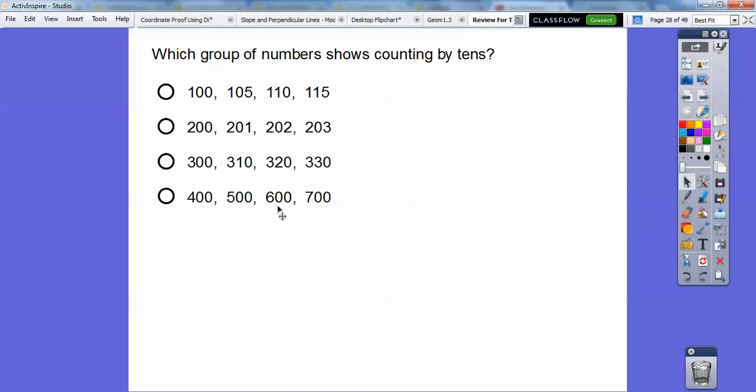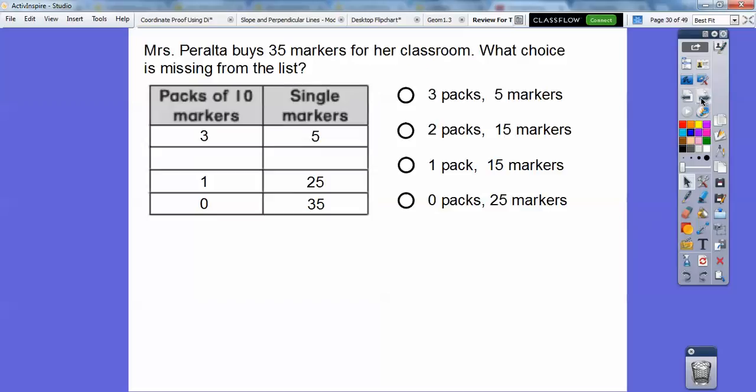This one's increasing by hundreds right there, okay? So increasing by tens would be this guy right there, okay? All right, so